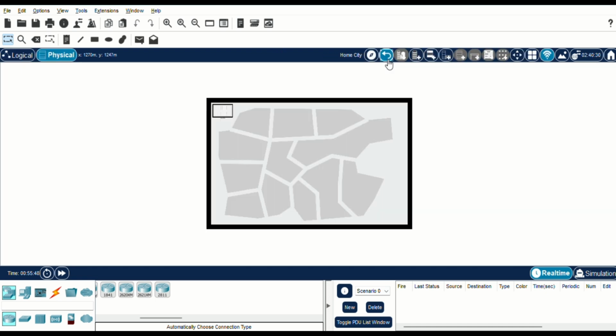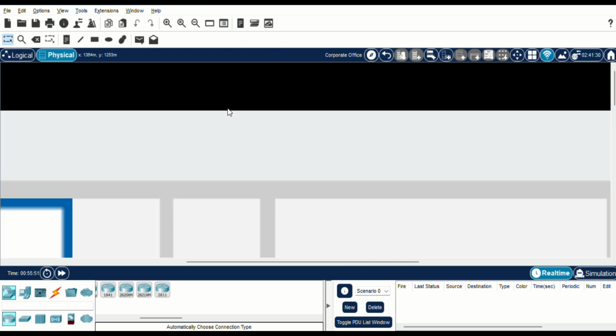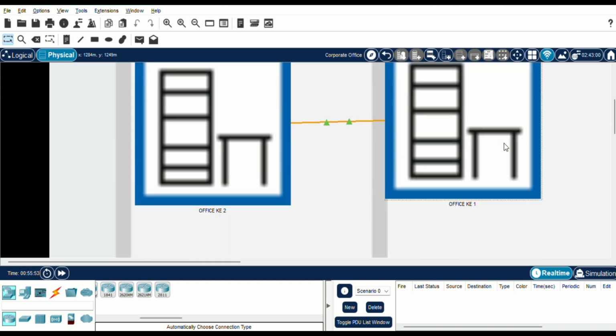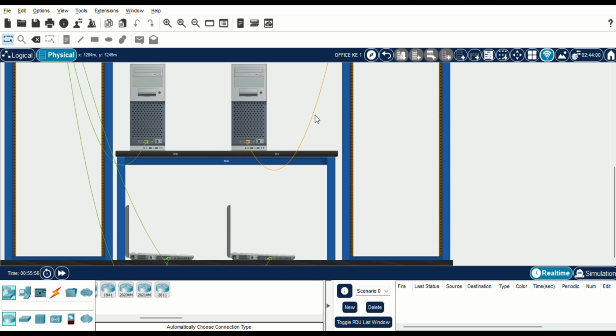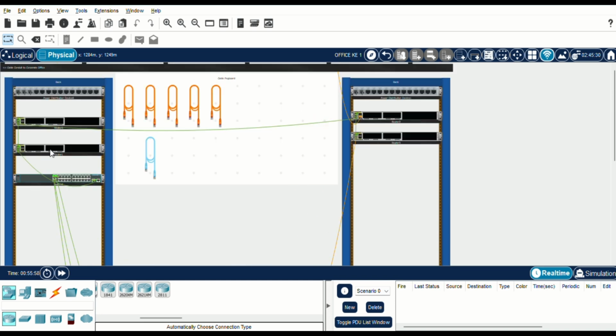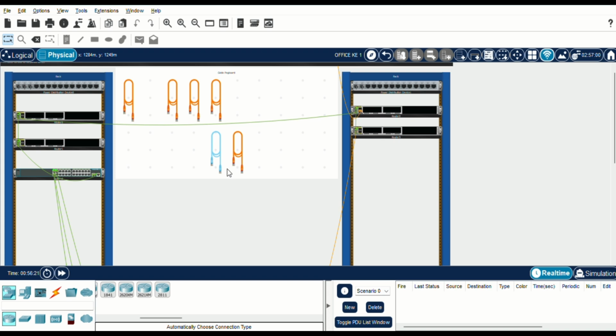Okay, let's see. Yes, you can click this, and then there are two offices. In office 1, you can see there are two routers on the right side, and on the left side there are two routers also with the switch. There is a copper crossover cable, and here we use a straight-through cable. And then this console cable is for configuring a device. You choose this, but